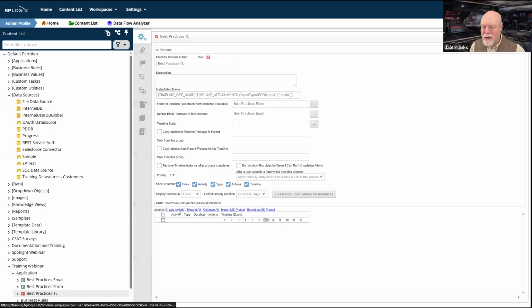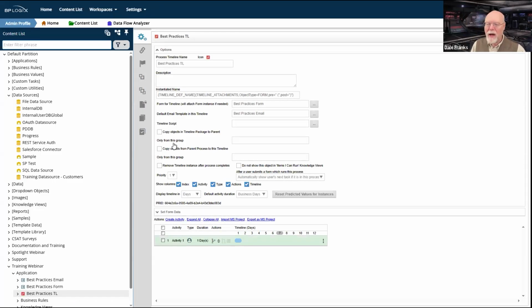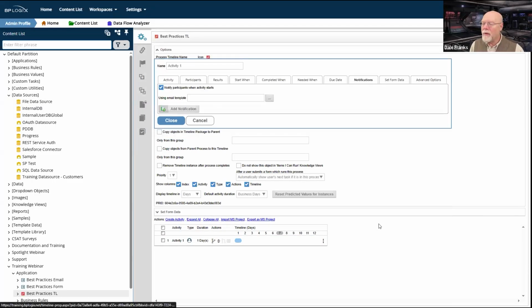And if we create an activity, we'll just create a child activity down here real quick and open up its properties. On the notifications tab of every timeline activity, I can also specify an email template for that activity. So I can have a default email template. And in most cases, that default email template will be the only template that we use.